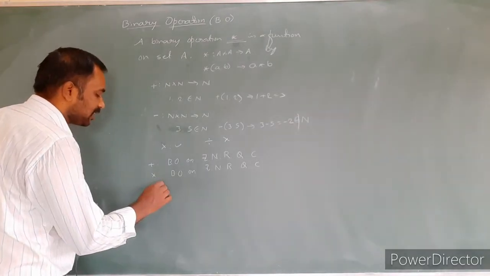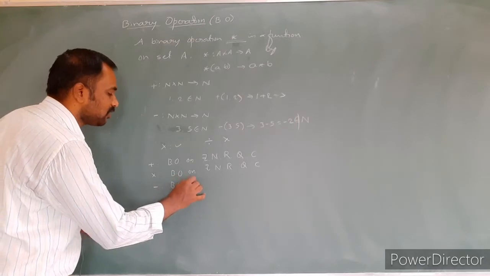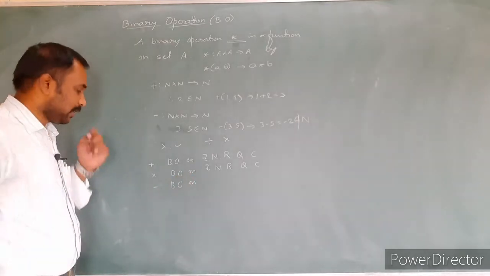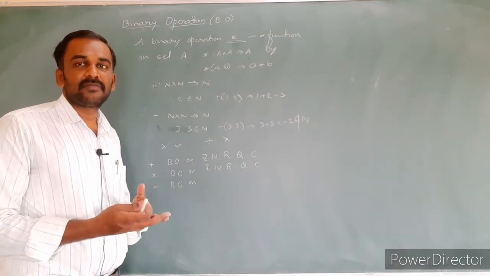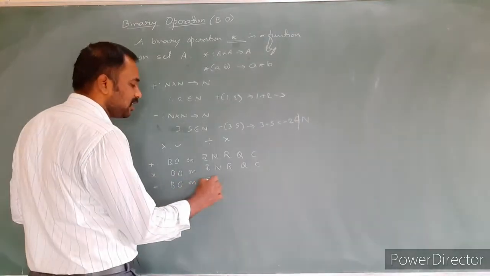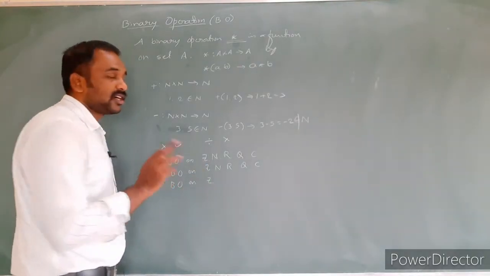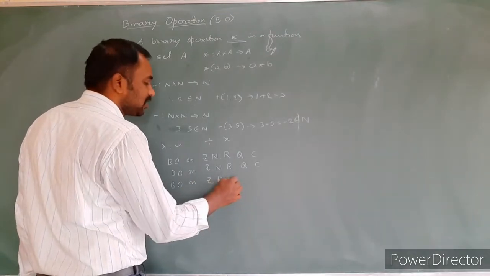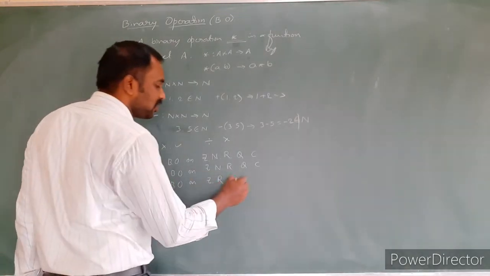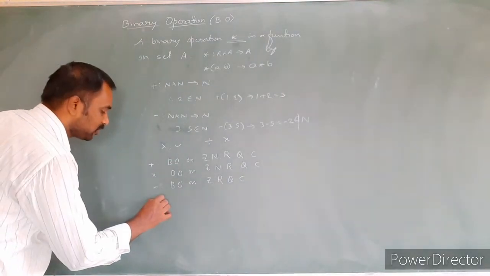Similarly, what will we get? Subtraction is a binary operation on the integers. Yes, if you consider the whole integer set, the difference of any two integers is again an integer. Subtraction is a binary operation on integers, but it is not a binary operation on natural numbers. It is a binary operation on real numbers. It is a binary operation on rational numbers, and on complex numbers. Are you sure about this one?